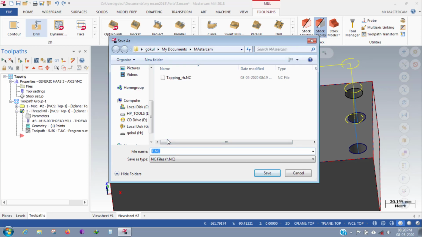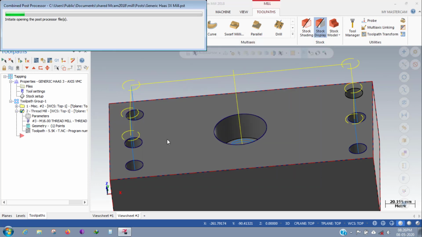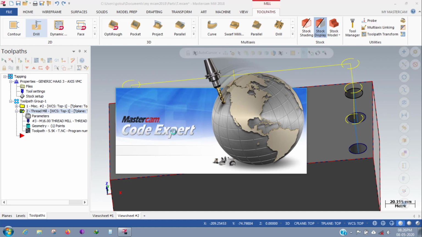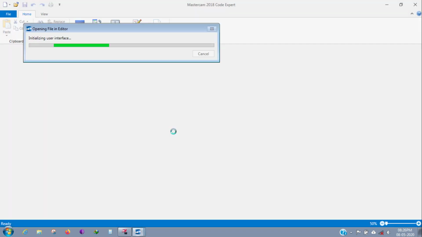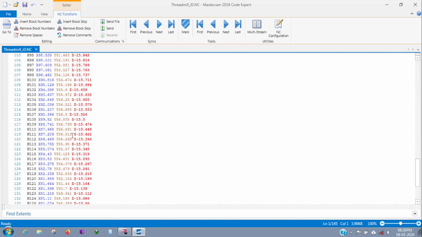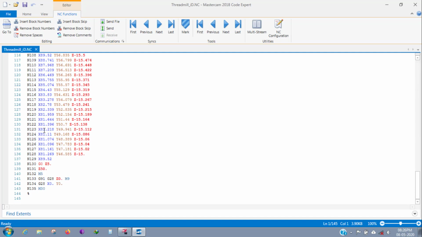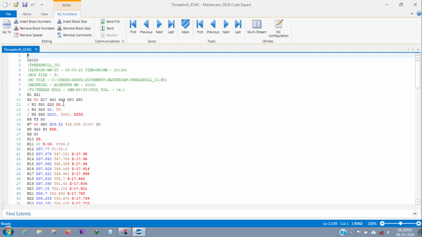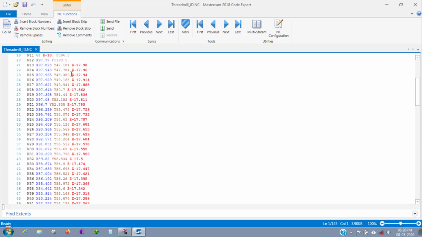I'm just giving treadmill ID. It takes around 135 lines, each and every point by incrementing 0.5, 0.5, 0.5 like that.